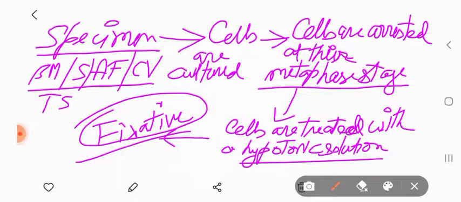Generally, different types of fixatives can be used, like xylene solution. Sometimes for temporary visualization of chromosomes we use glycerol also. After treatment with the chemical fixative, we drop that sample on a glass slide. I think you know a glass slide, a small rectangular piece of glass.